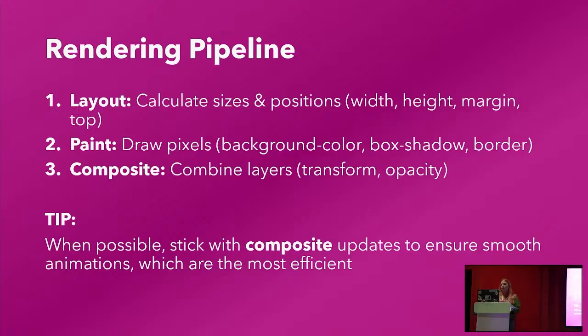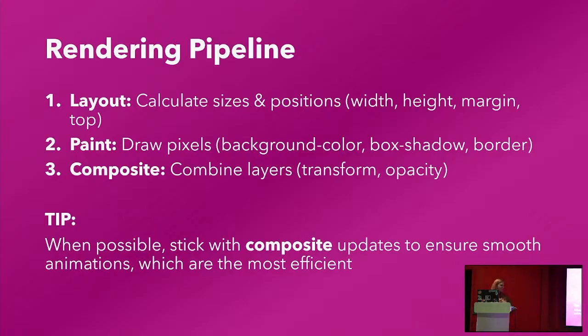and it can end up slowing your site down. And then you have what's called the composite pipeline, and that is when you are transitioning the least expensive properties. So that's transform, like we talked about, translating it, or transforming the opacity. You are not repainting all of those pixels each time the frame is updated. So whenever you can, you should stick with the composite updates so that your transitions are smooth,